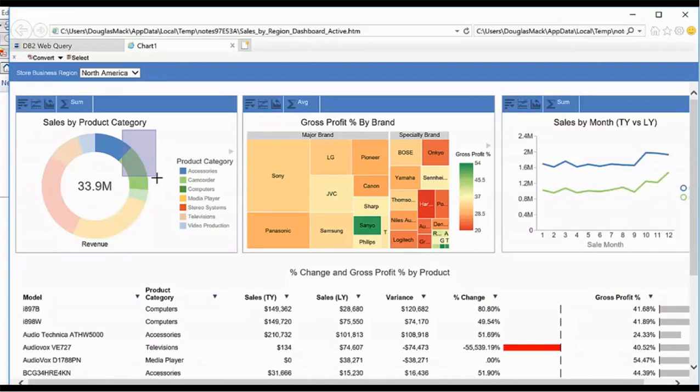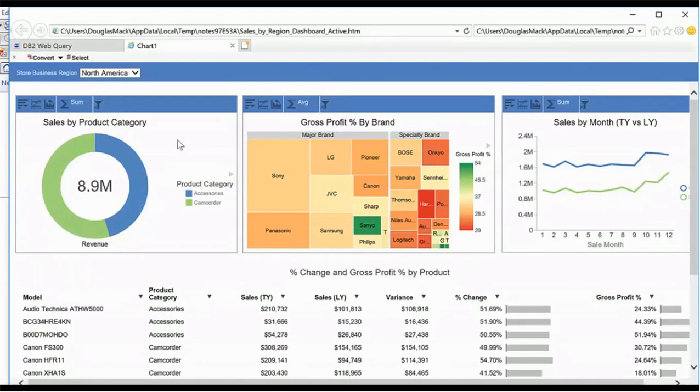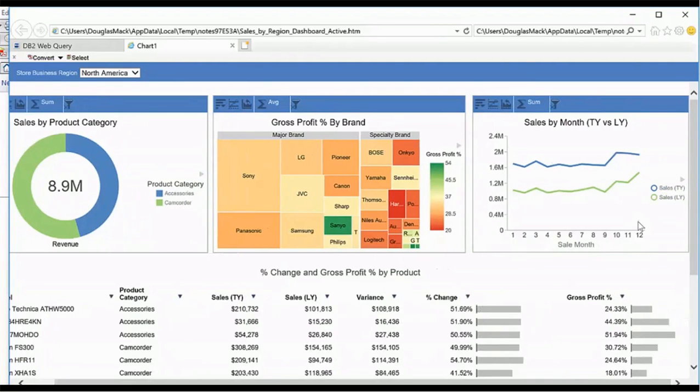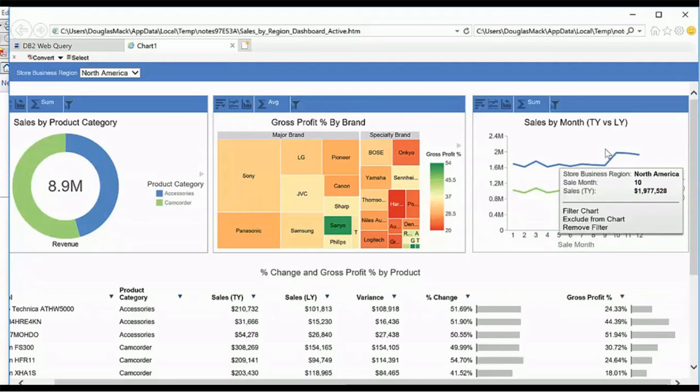I can just drag my cursor across two points of that pie chart and say I want to filter that chart, and I've eliminated everything other than the information that I'm interested in. Similarly over here, maybe I'm coming into the fourth quarter, and I want to focus on just the fourth quarter, so I can once again use this marquee filtering and say, let's just